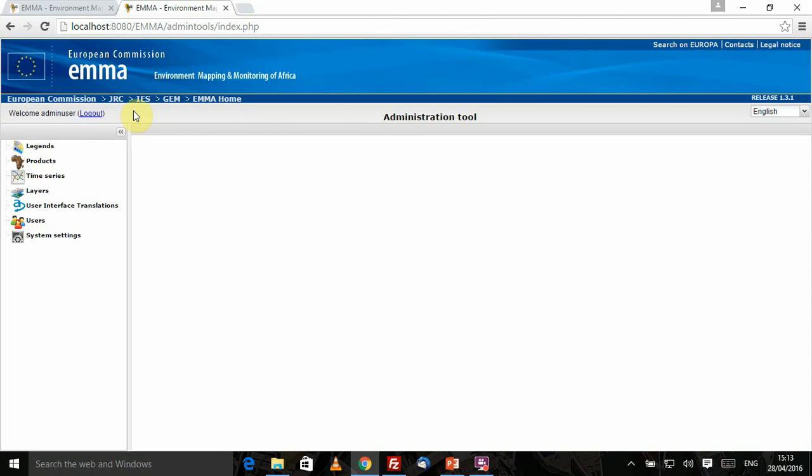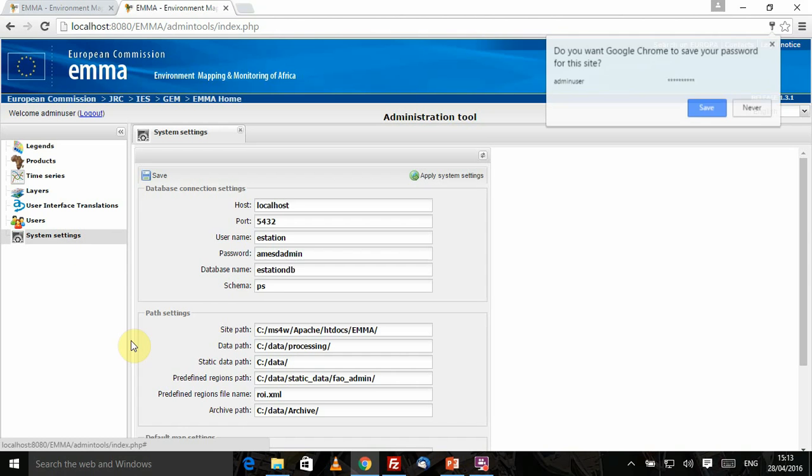So if you're able to do that successfully, it's going to tell you welcome admin user, and then you can actually see that there's a pane on the left here which is going to have legends, products, time series, layers, user interface translations, users, and system settings. First I'm going to take you, actually I'm going to start from the bottom. So I'm going to take you into the system settings first, because